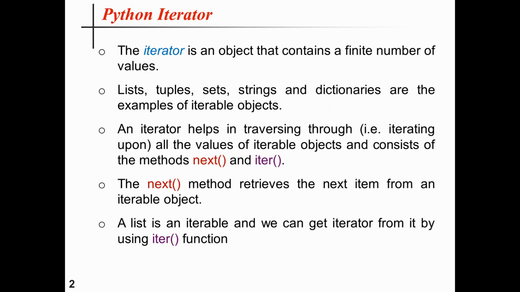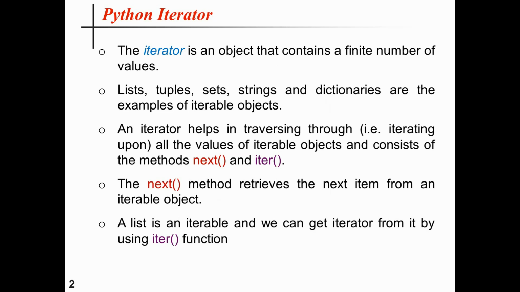We can also use a for loop to iterate through an iterable object like list, tuple, set and string. For a particular kind of iterable object, say for example a list, when we reach the end of it and there is no more data to be returned, it will raise the StopIteration error. It's a runtime error.